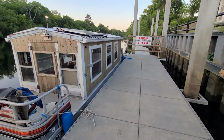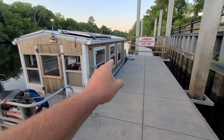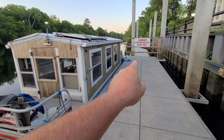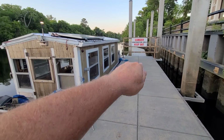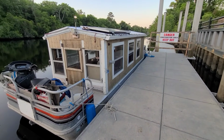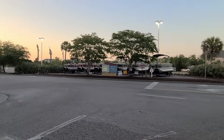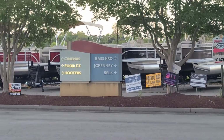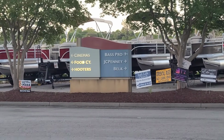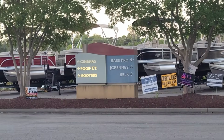All right, I can't find a sign anywhere, guys. So we're gonna walk to the Walmart. I just backed it up to this area where the dock broke, so I'm not in anybody's way. So let's see how this goes. We're right next to a mall. We've got a cinema, a food court, Hooters, Bass Pro, JCPenney, Belk,